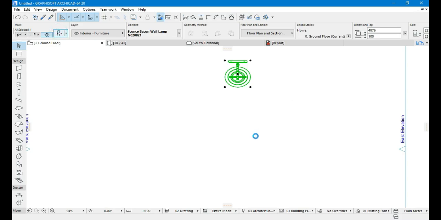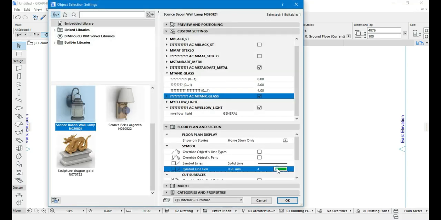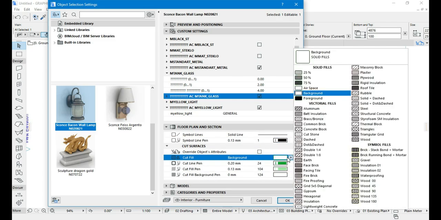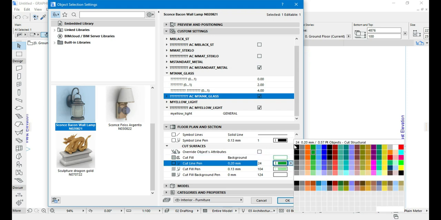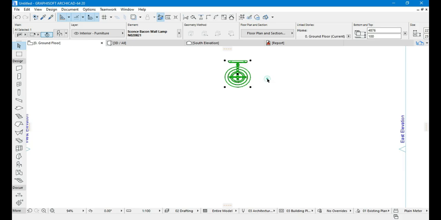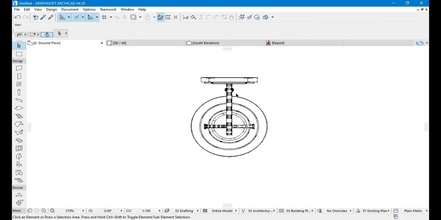You can change the line, symbol line, cut line, pen, cut fill. You can change it to black, so you can adjust it to your taste. All right,